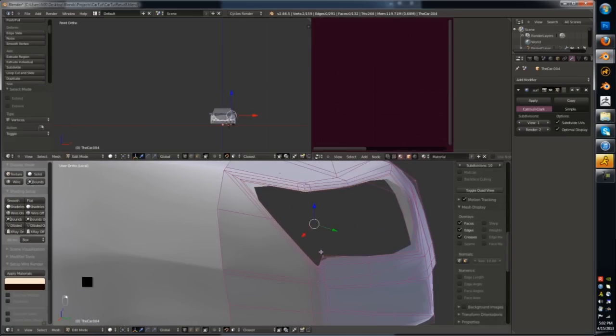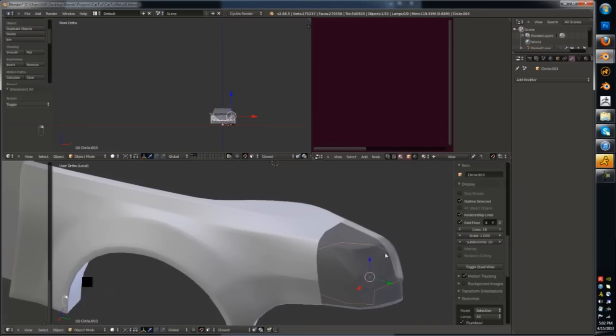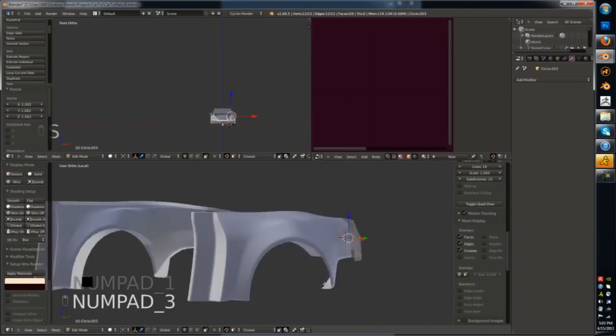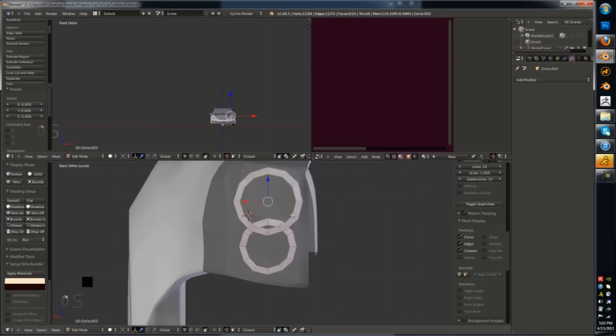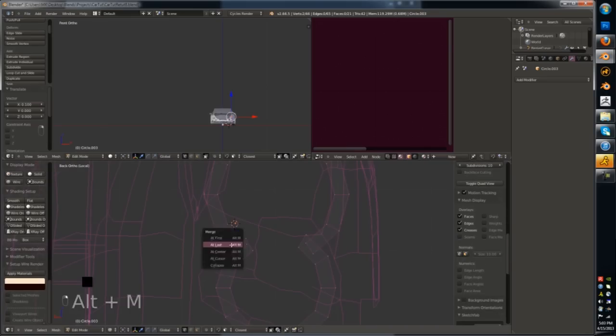So when I was retopologizing, I projected it and it projected it onto faces. So what I did was undo that, fill in the faces, and then make these actually fit. So I'm still trying to go for an original shape here. However, I think I was a bit lazy with it, but